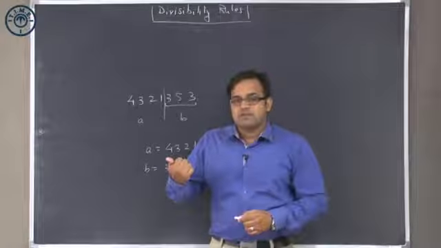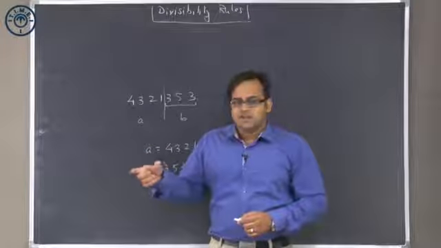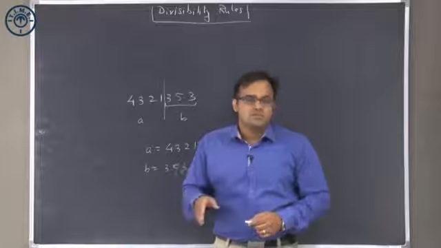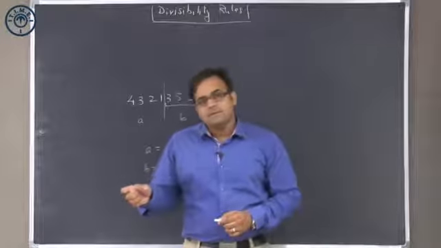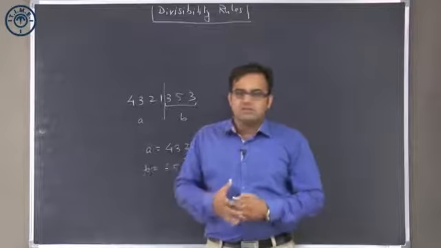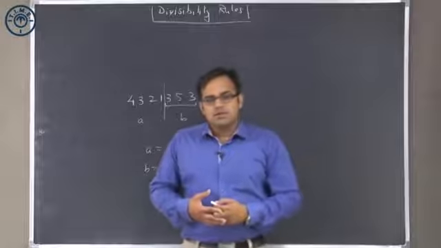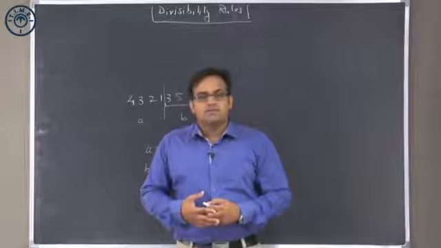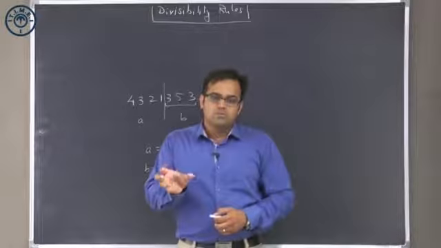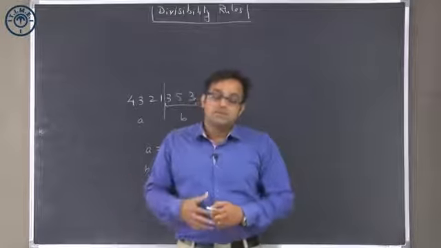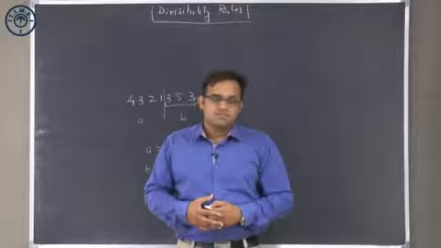For the divisibility rule for 7, there would be two cases. Either the number is up to 3 digits, or it is more than 3 digits. If the number is up to 3 digits, then we simply divide the number by 7 and see what the remainder would be. If the remainder is 0, then the number is divisible by 7. On the other hand, if the number of digits is more than 3, we separate out the last 3 digits. There are two numbers now, A and B. If this difference, A minus B, is divisible by 7, then the entire number is divisible by 7.